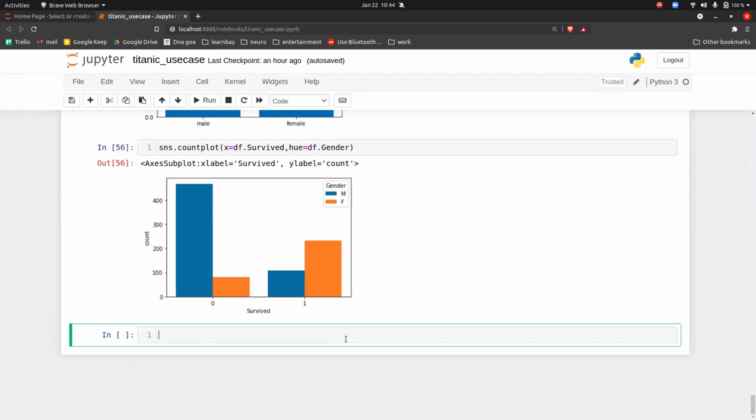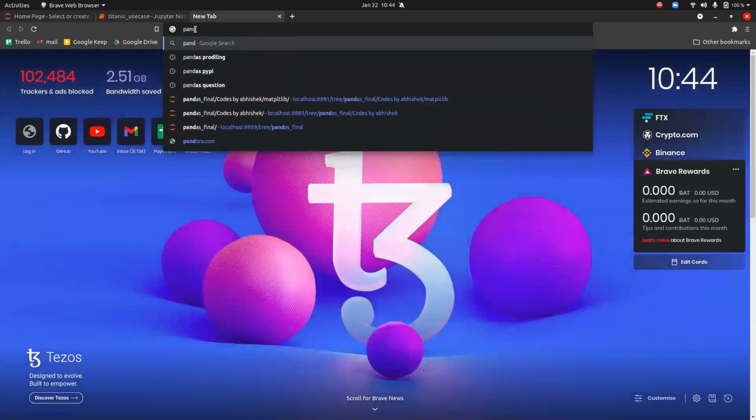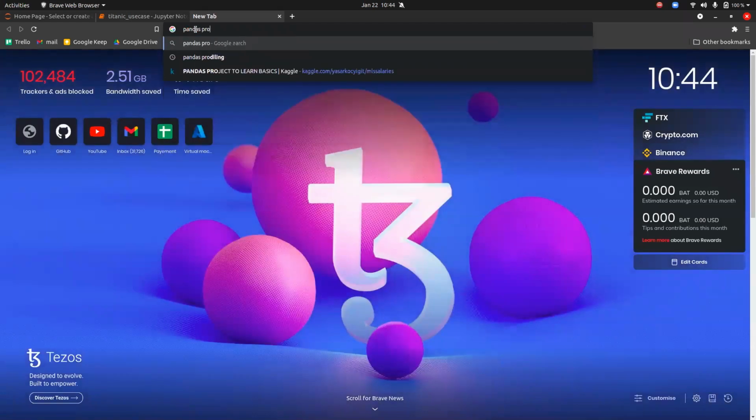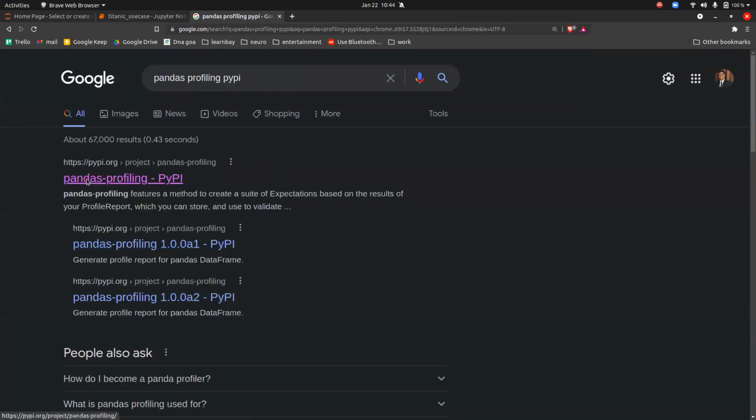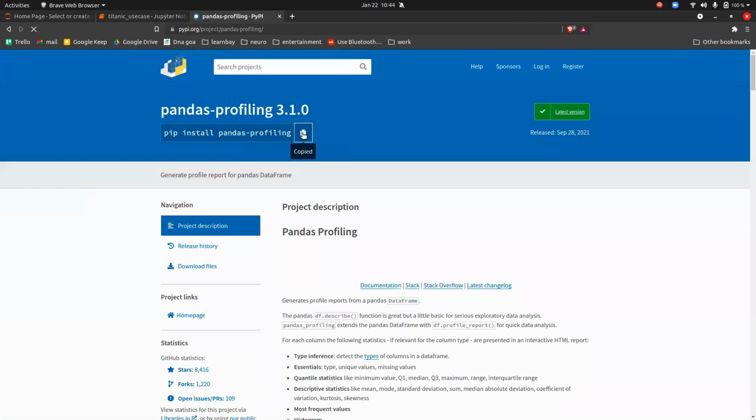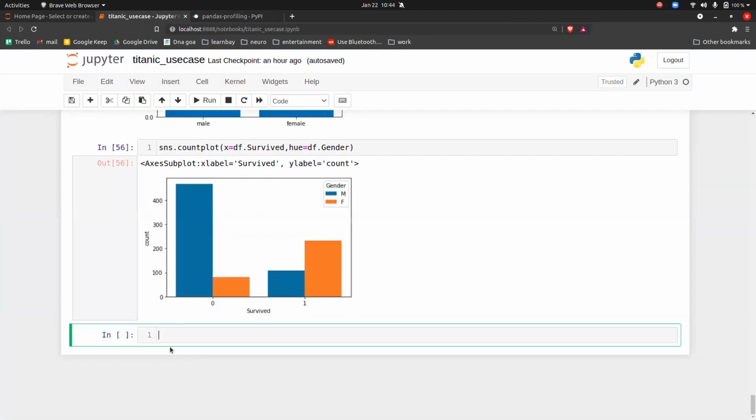For the first thing, if you want to use it, you have to install something called pandas profiling, from PyPI. This is a very new library which has impressed me a lot, and you will understand why. First install it by using pip install pandas profiling.